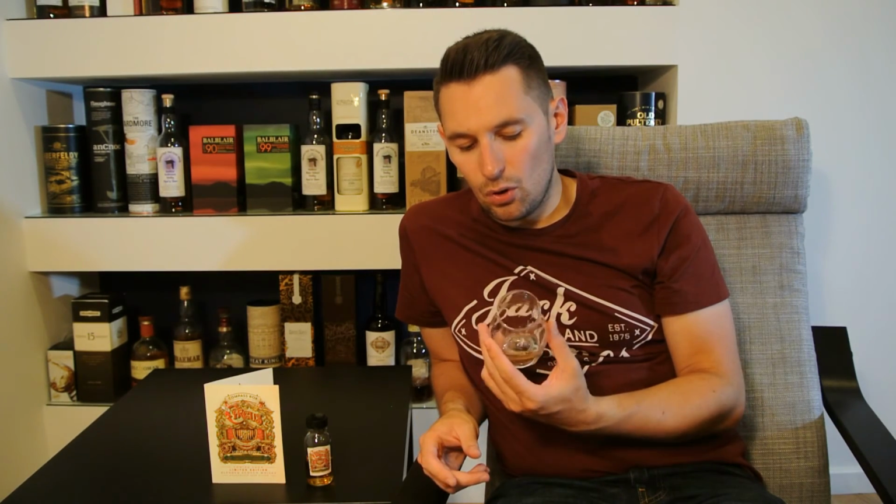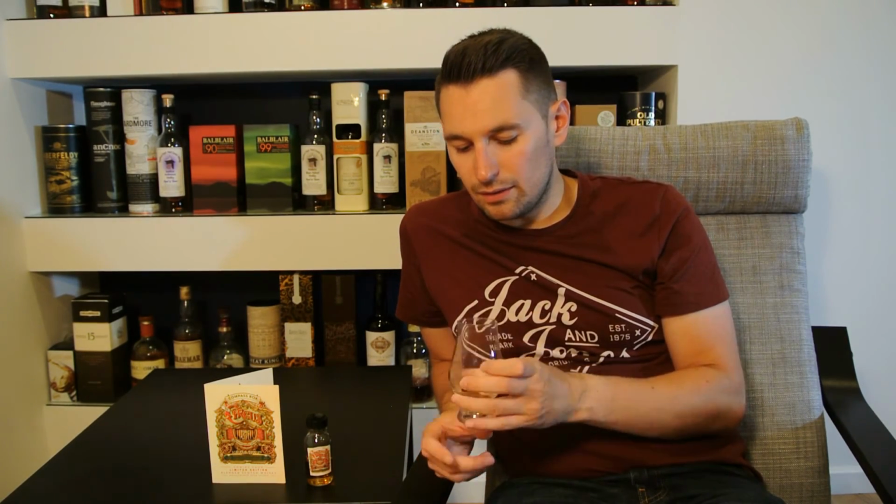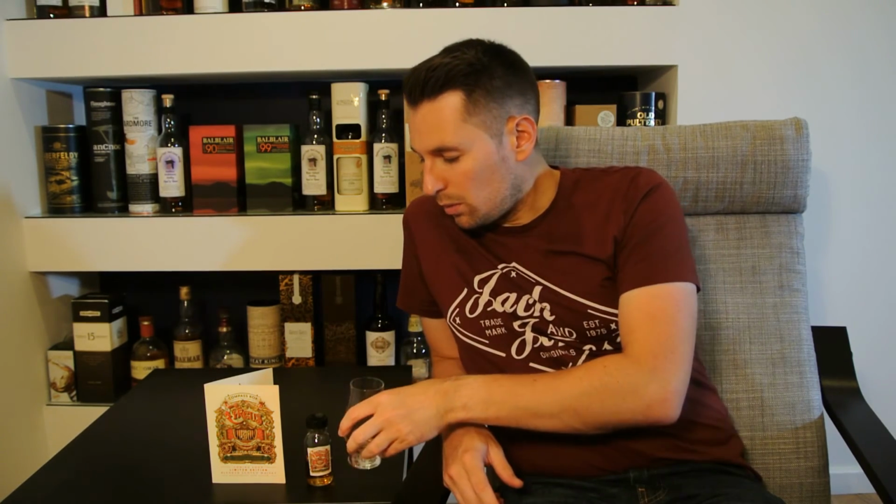Now, overall, that is quite an impressive whiskey. What I will say is that it's extremely expensive, but I think in this particular instance it's probably down to the contents rather than the marketing. So I think with that in mind, in terms of scores, I'm going to give this an 87 out of 100, which is the same mark I gave to the Enlightenment,